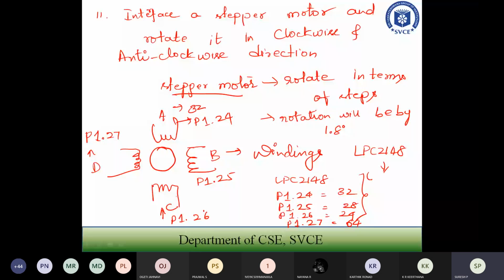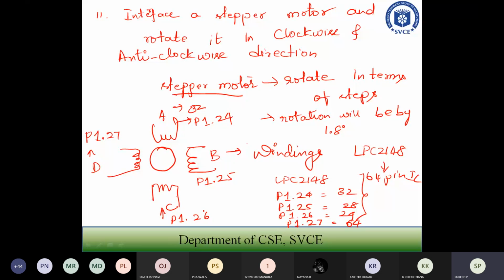So port 1.24 is used on the 32nd pin, port 1.25 on the 28th pin, port 1.26 on the 24th pin, and port 1.27 on the 64th pin.